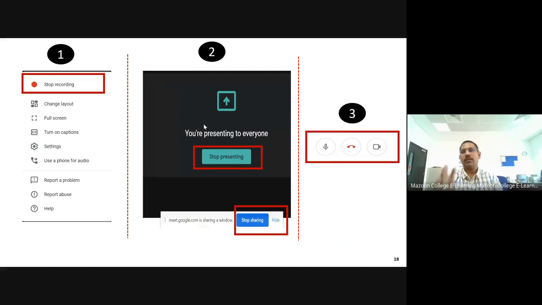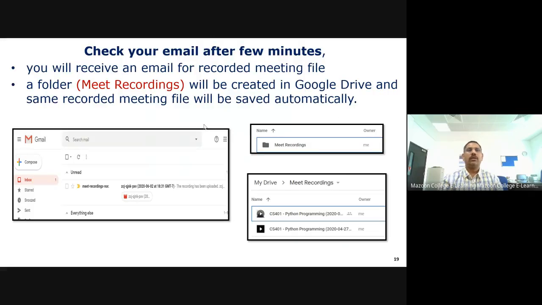What is the third option? That is the end of the meeting. Okay, this is the thing. Once the end of the meeting is finished, now just see, this is the most important, and also it is a more advantage in the Google. And once you stop the recording, end of the meeting, and if you check your email after a few minutes, it will take minimum 10 to 15 minutes. After 10 to 15 minutes, you will receive an email